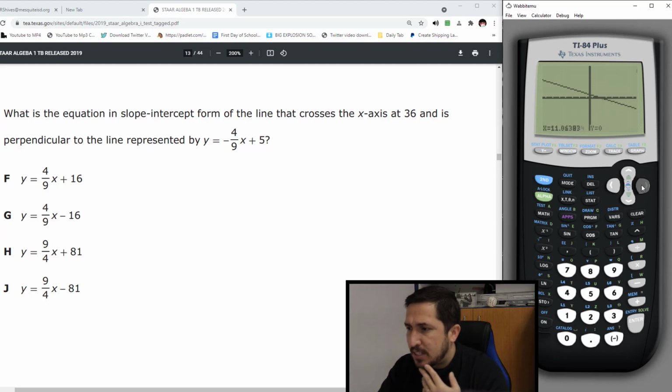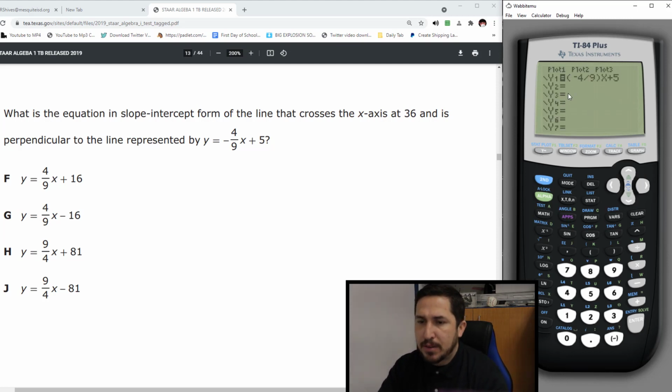See how this little guy tells me where he is? I'm going to get to the 36, and I hopefully better be at the x-intercept. No, I'm not. Look, my guy's already all the way over here, and it's not even 36 yet. The guy already touched. So now I type in choice F. Sorry, I should have typed in choice F first. I'm going to leave him in because you need this. You've got to compare him for perpendicularness.